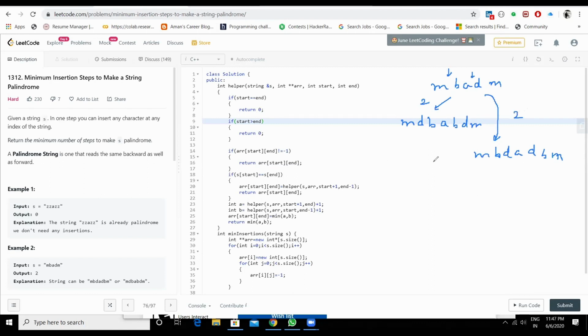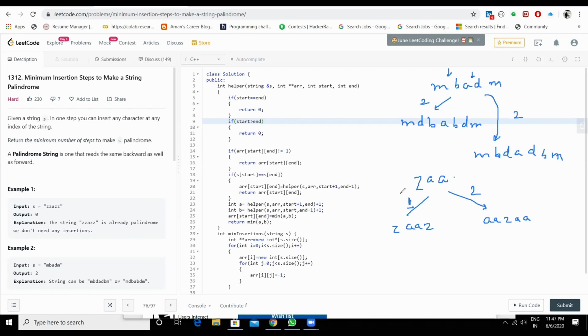Right? So let's take one more example. Z A A. This can be made a palindrome by adding Z at this end. So Z A A Z. The number of insertions is 1. This can also be made a palindrome by adding AA at the beginning: A A Z A A. So the number of insertions were 2. So what would be the answer? The answer would be 1 because we need to return the minimum number of insertions, right? So I hope you all must have understood the question.